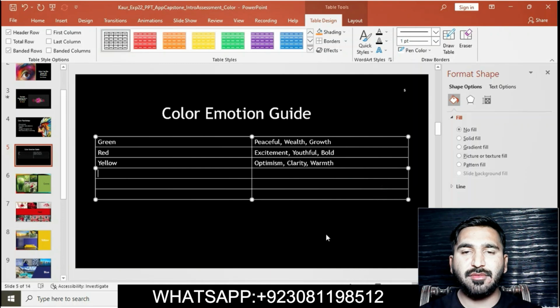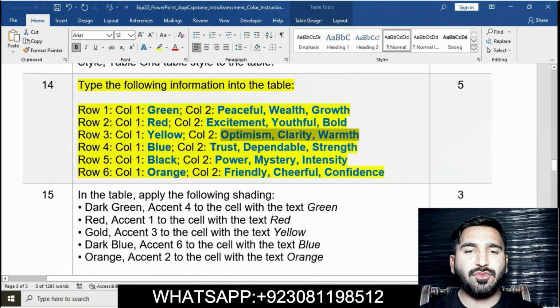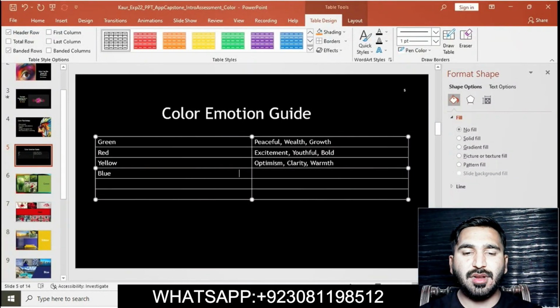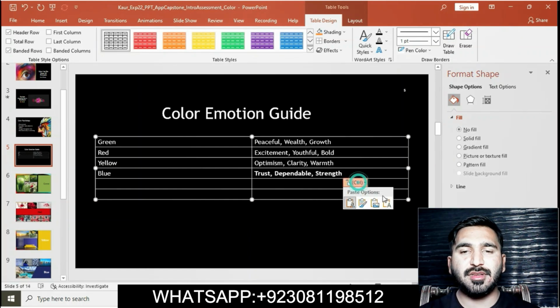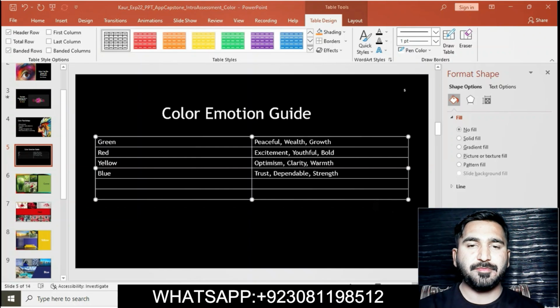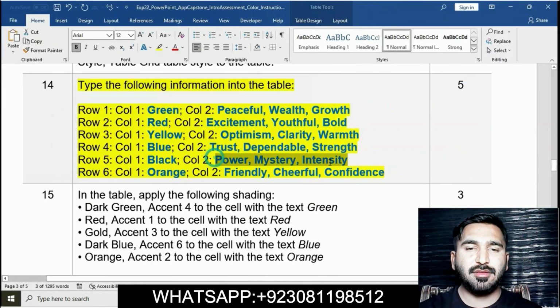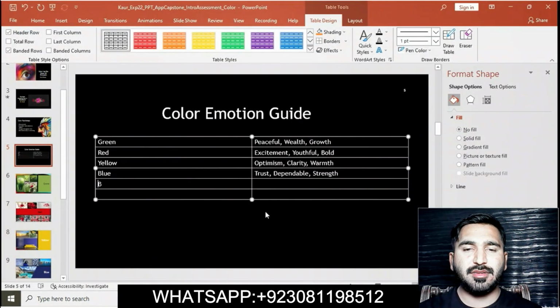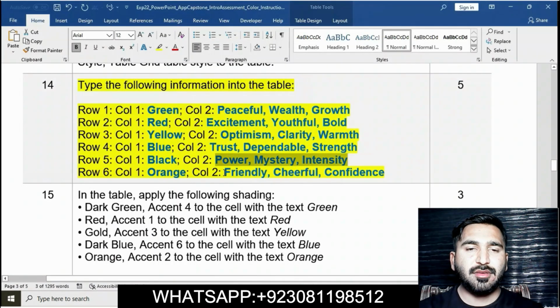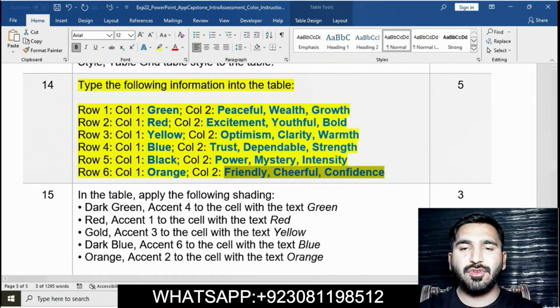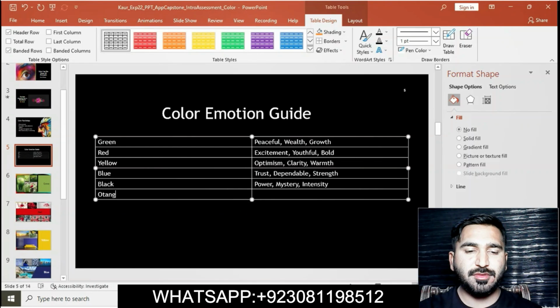The fourth is blue: trust, dependable, strength. You can copy and paste it. Next is black: power, mastery and intensity. The last is orange: friendly, cheerful and confidence. Tap orange and then paste here. Okay, you can see this.